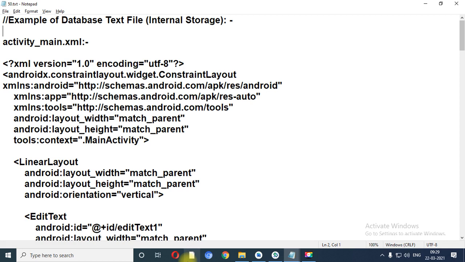That means either key or value format. But here both our applications will save our content in the form of text file. So let us begin with the first application, which is based on the internal storage.